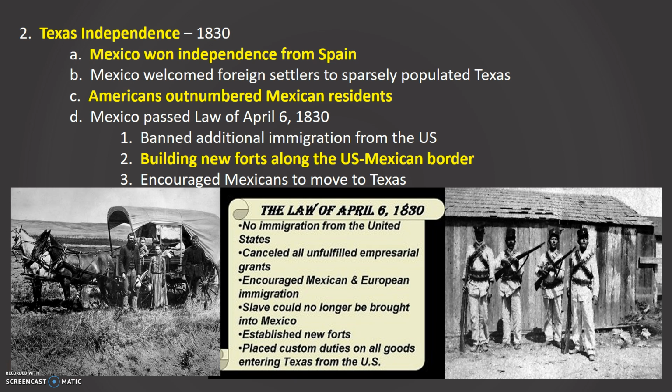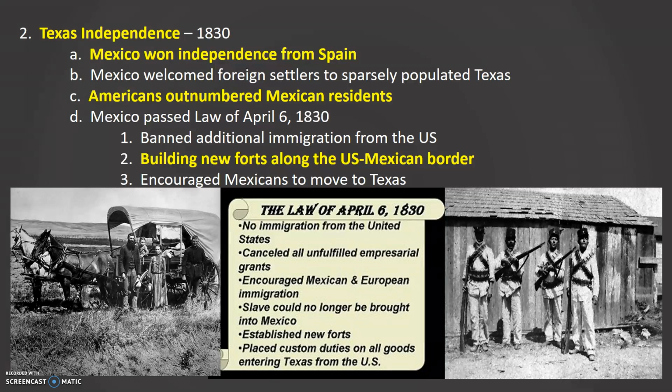And Mexico really needed to populate it, so they did invite settlers in from the United States and other places to populate Texas so they have a working force there, and they can actually cultivate the land. What ended up happening is the number of Americans are going to outnumber the number of Mexicans, and then you start to have a problem because the Americans decide that they want to be part of the United States and